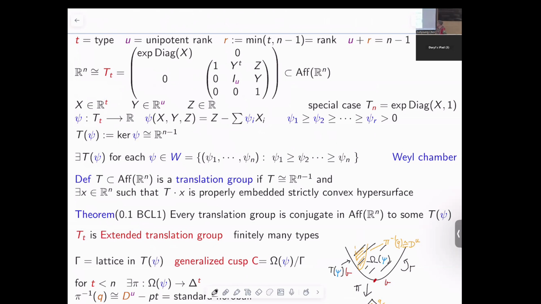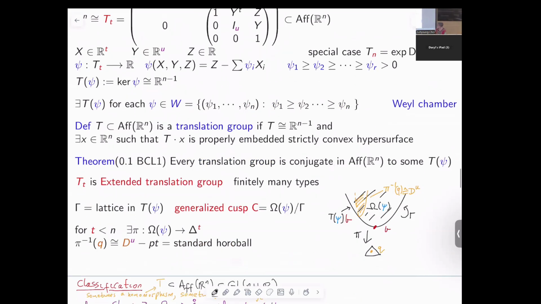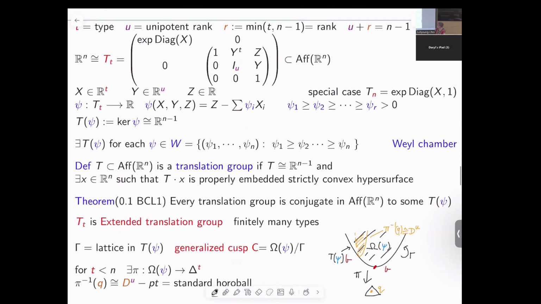So I want to prove this classification result. And the key observation is that in this situation, if you project onto the coordinates corresponding to this diagonal matrix in the top left corner, that's projection of the domain onto a simplex, and the preimage of a point in the simplex is a standard horoball on which you've got this unipotent group acting. So the idea of the classification proof is to say if we have